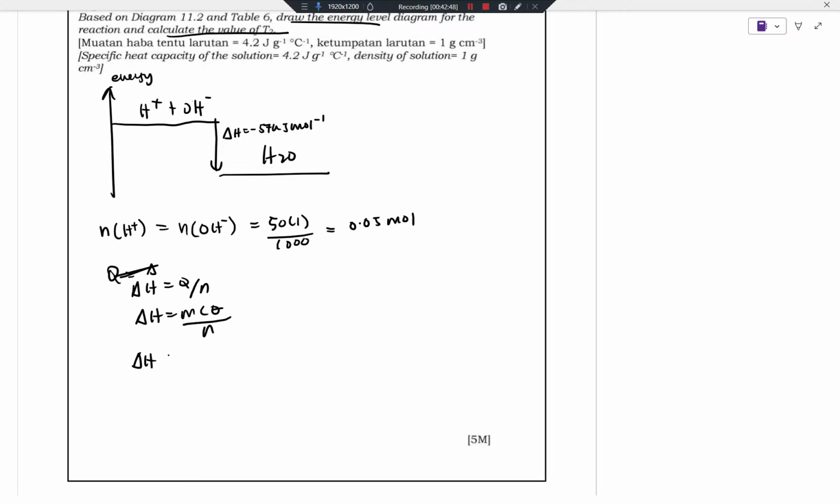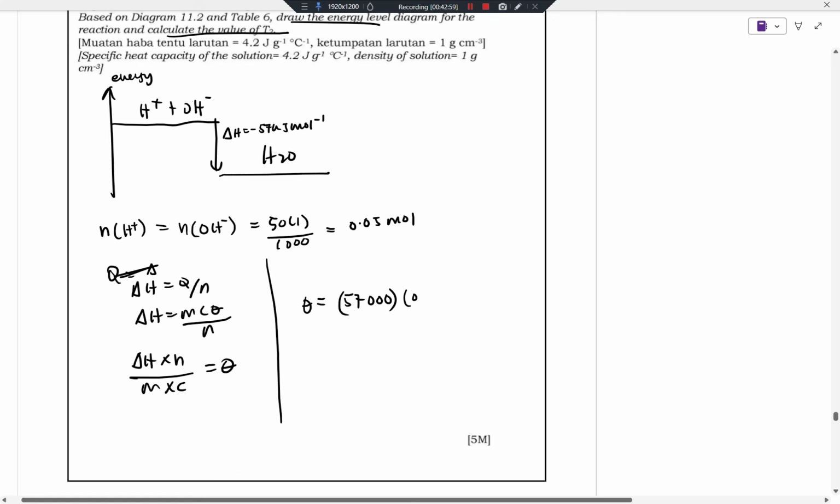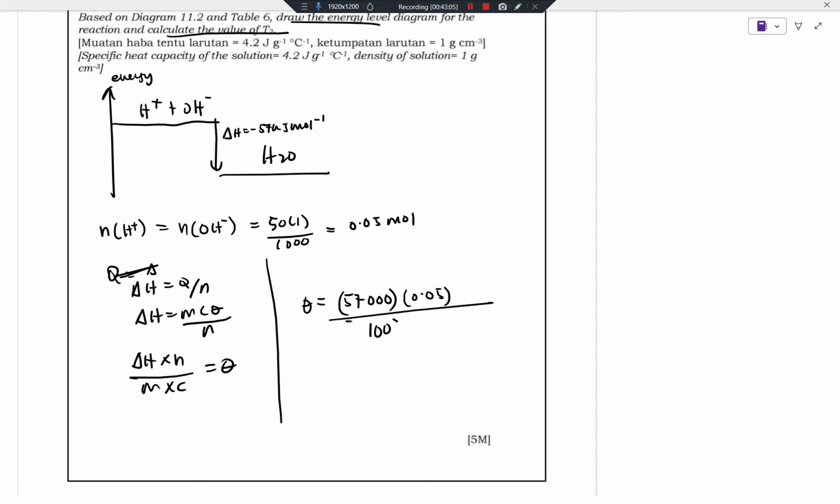So theta is equal to delta H times n over mc. Delta H is 57,000, n is 0.05, mass is 50 here and 50 there, so 100 in total, and c is 4.2. Putting these together,